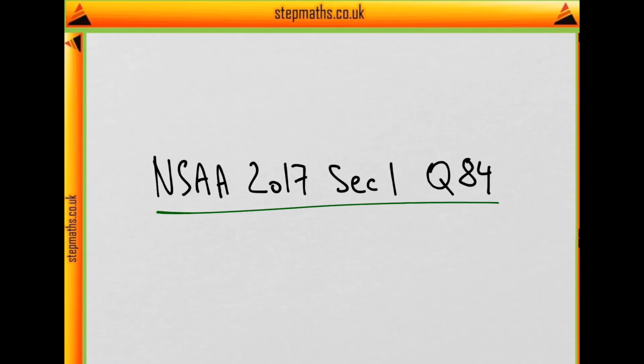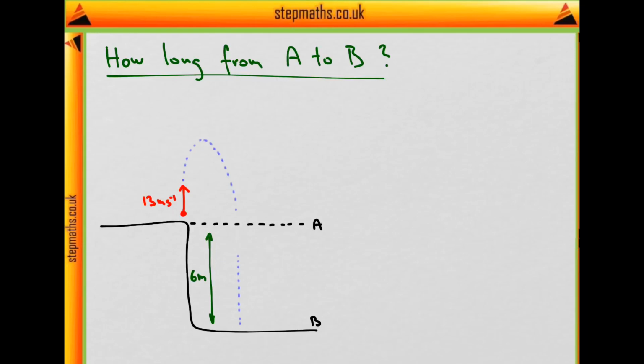In this video, we'll look at question 84 from the 2017 exam. In this question, we'll look at a stone which is being thrown right up into the air vertically with an initial speed of 13 meters per second, and it goes up and then down even below that cliff, 6 meters